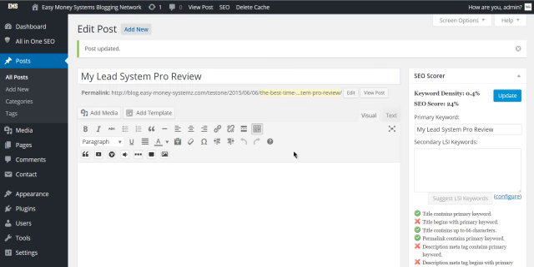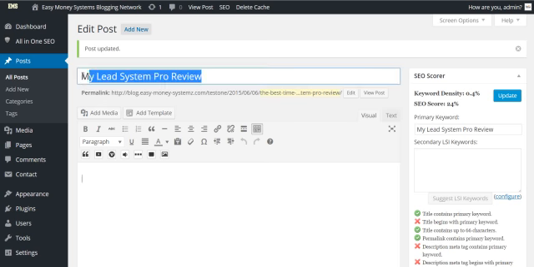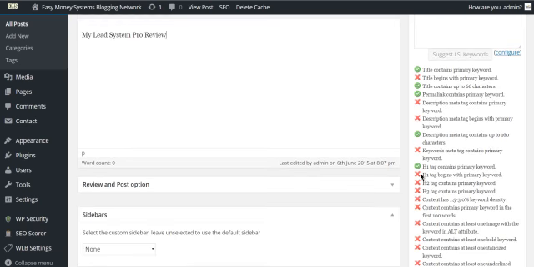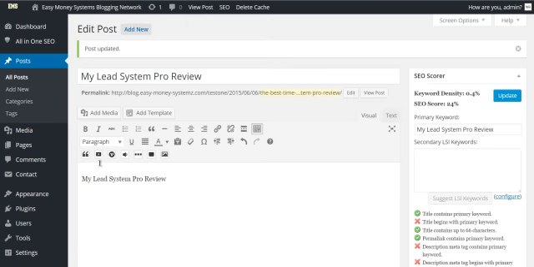And then I'm going to use it as my heading 2, because it makes you put that in there as well. See? Header 1 begins with primary keyword, header 2 contains primary keyword, and header 3 contains primary keyword. So what we need to do is what I just put in there before,